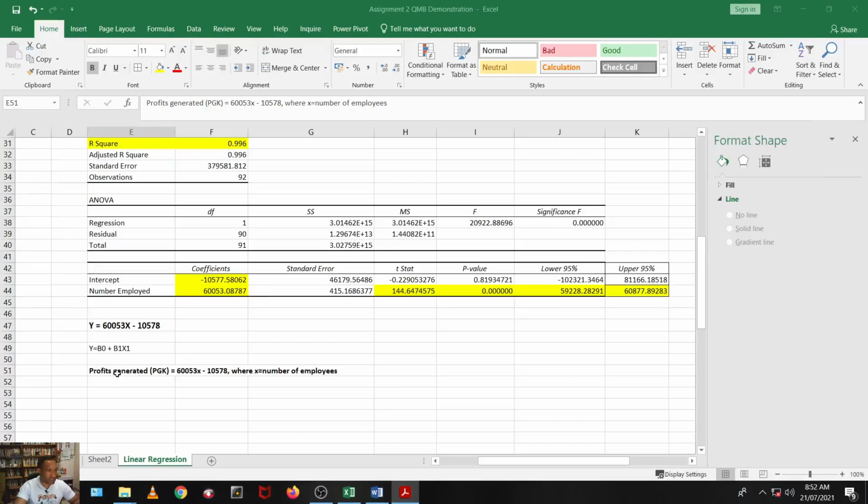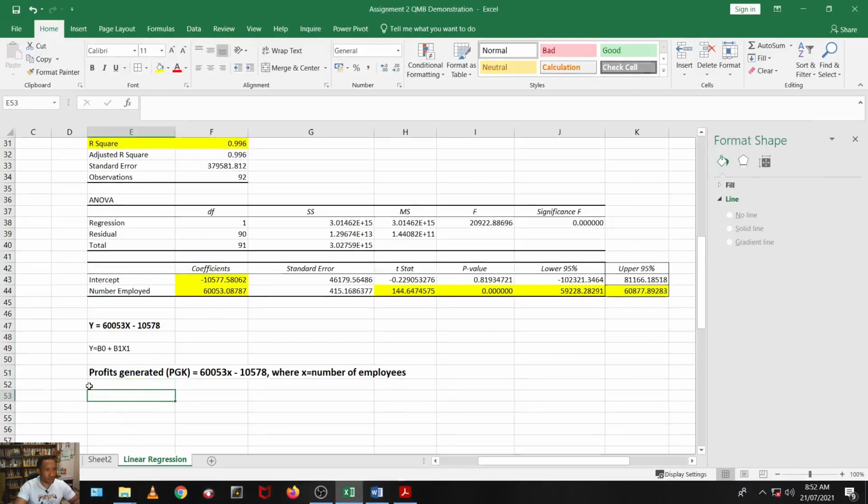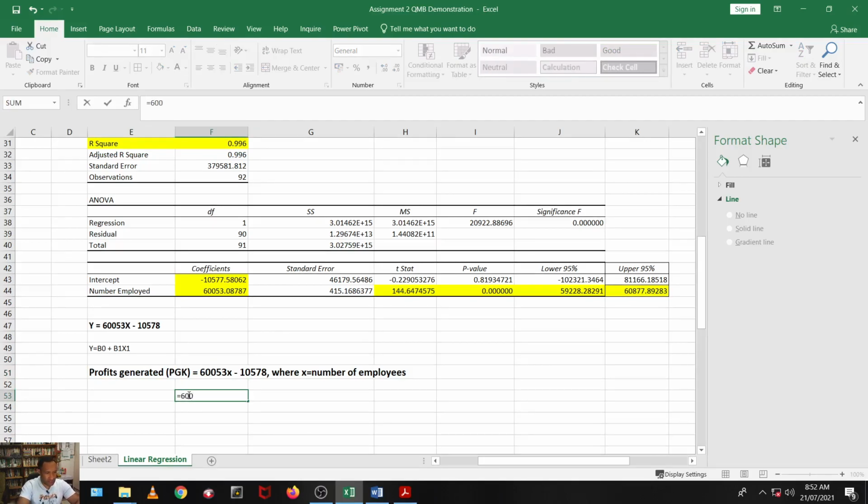So according to this equation here, we are going to use it to calculate the profits given that a company employs 25 full-time employees. So this would be profits generated is equal to 53